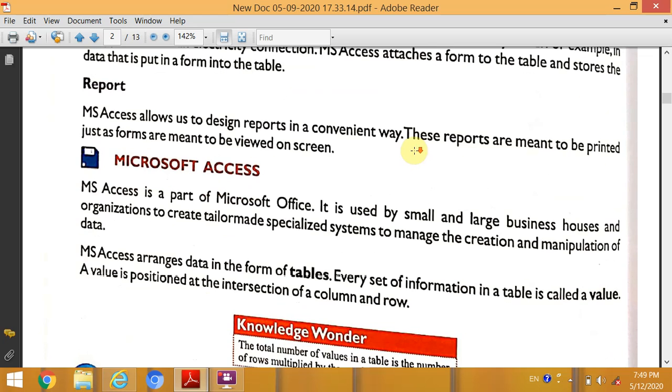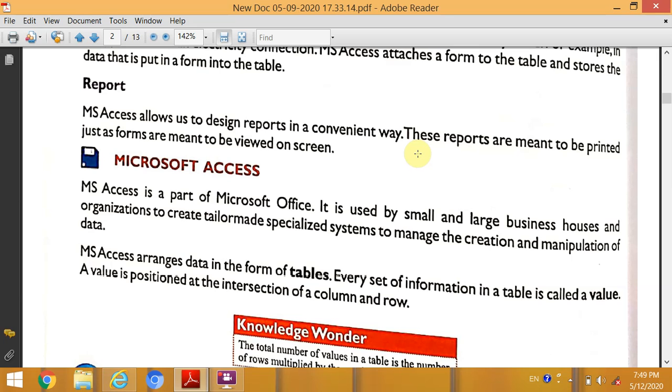Next one is report. MS Access allows us to design reports in a convenient way. Thus, reports are meant to be printed, just as forms are meant to be viewed on screen. Reports are the same as forms, but it is the final output given by a specialist.